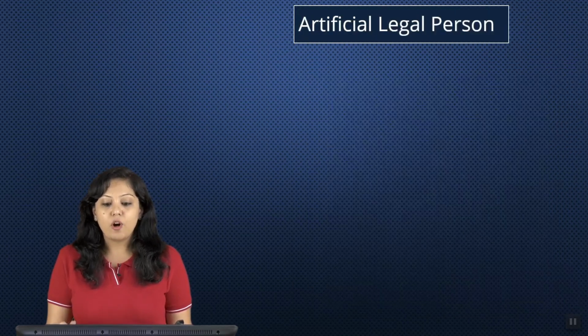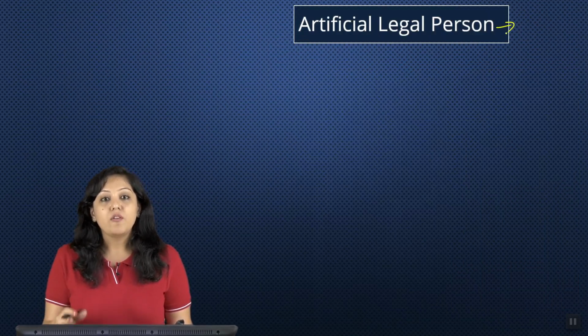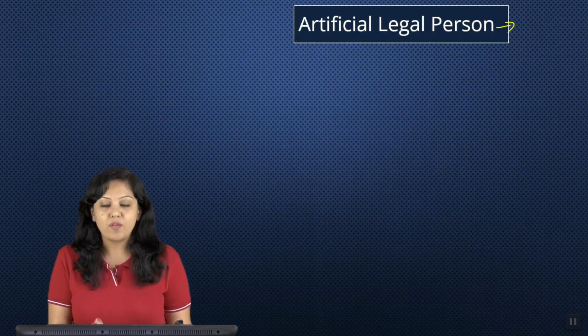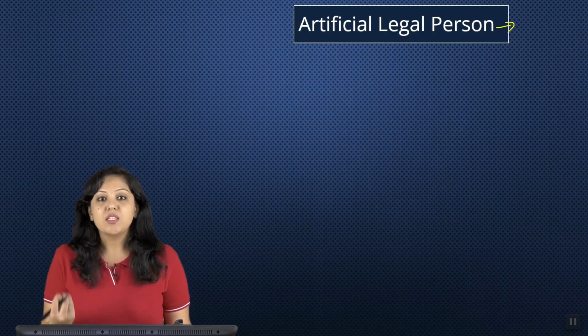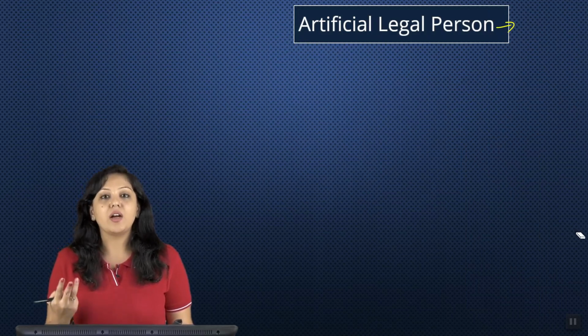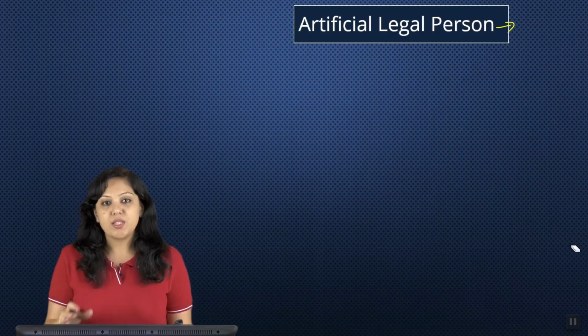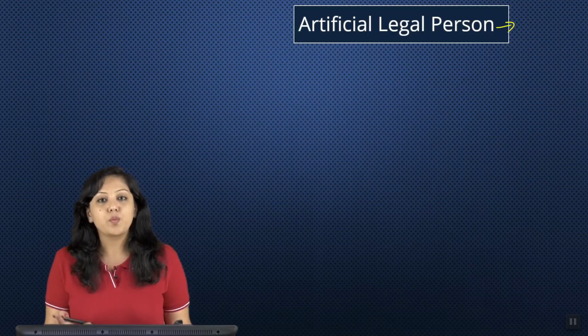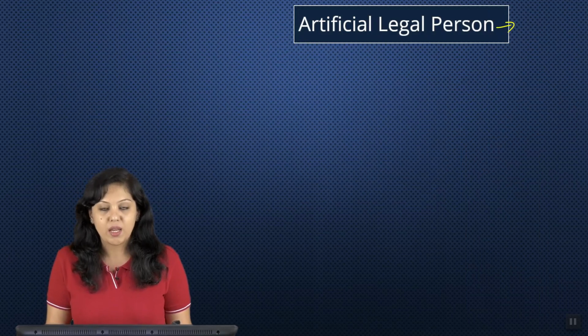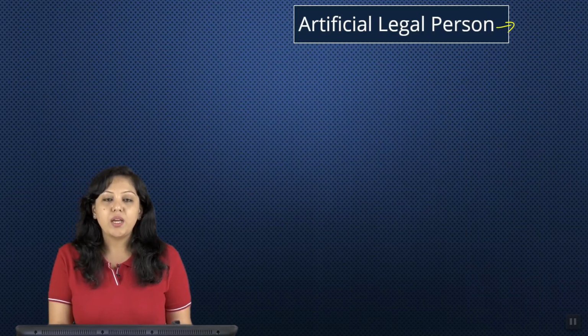Moving forward to artificial legal person. So, as I said, person. Why is it called a person? Because a company will also have the same advantages, benefits or privileges of a natural person with few exceptions. Just like you and I can be recognized by name, we have our own identity, we have our date of birth, we can purchase assets, we can enter into contracts provided we have contractual capacity. Likewise, even a company is